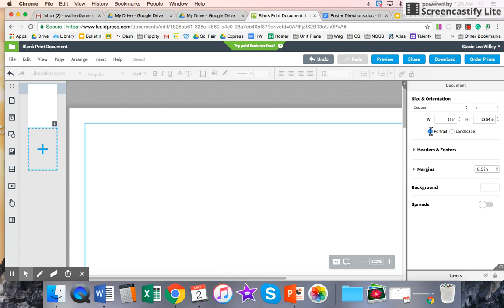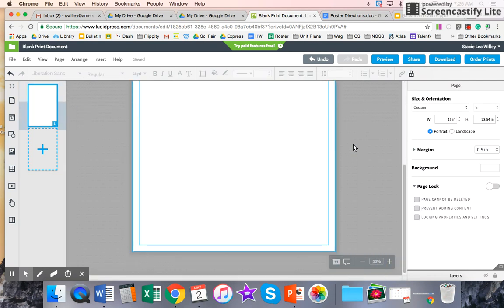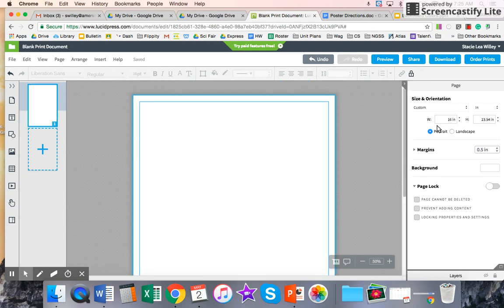And I want to put it on portrait. Oh, let me look at my notes. Okay, I lied. Portrait, and sorry, width has to be 16, and then height has to be 23.54